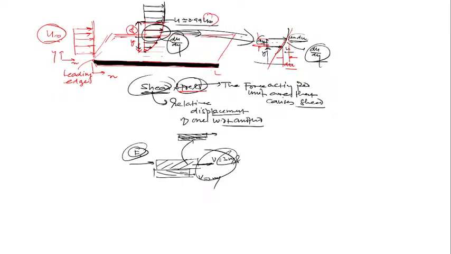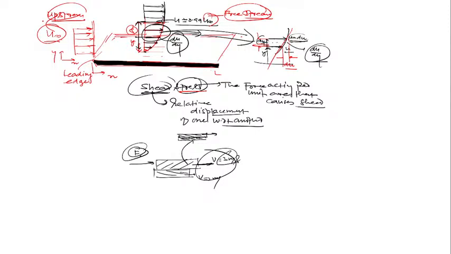And here u infinity is called the free stream velocity, beta. It's called free stream. I will discuss what is the difference between the free stream and the upstream. Upstream and free stream will be equal when there is no pressure gradient. I will discuss it later on, but it's a very important point. Any problem?